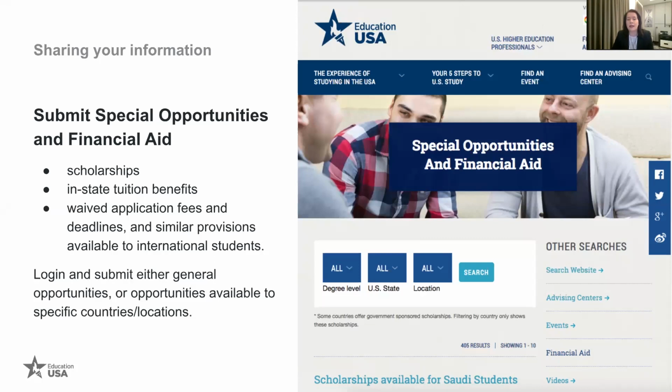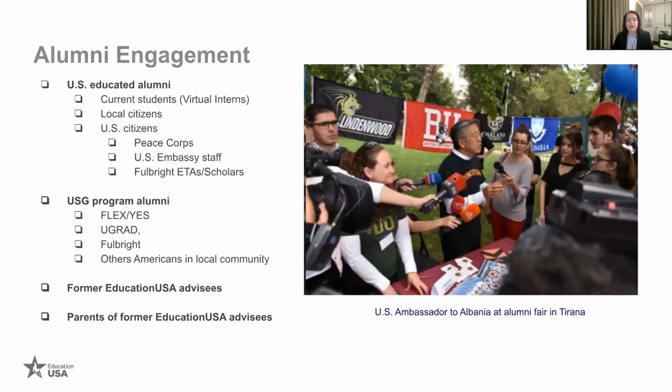I would also like to highlight that if you have financial aid opportunities available to a particular country, you can target that country specifically, and the advisors and the students will be able to see that this is something that they can tap into and use this resource for their own students as well. When we look at the next slide, it shares some details on how we utilize alumni in our outreach efforts and how we rely on them to help us promote US higher education.